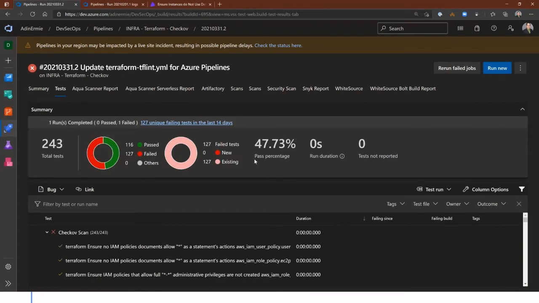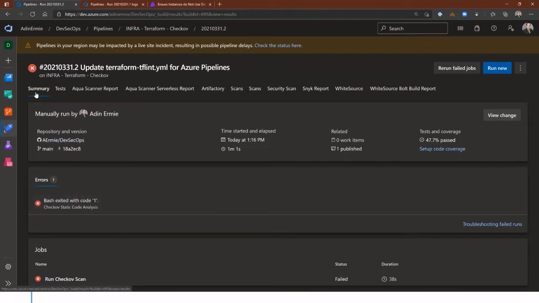We get how much is passing, and as we rerun this over and over again in our pipeline, you'll see whether it goes up or goes down from a trending perspective on if you're improving or not. One last quick thing on the summary tab here, under tests and coverage, it also populates and shows the percentage based on the results that we get out of that.